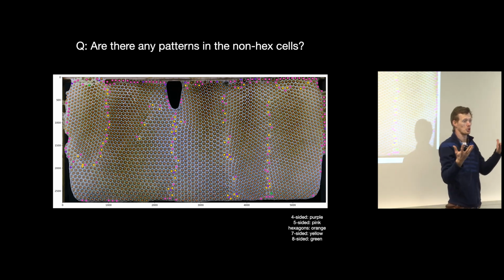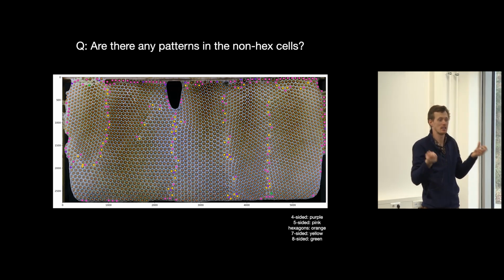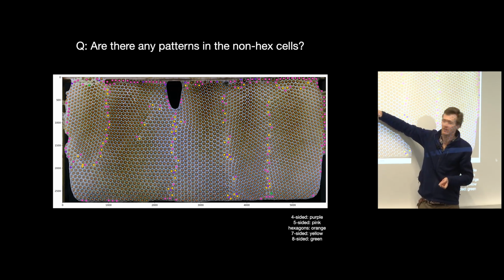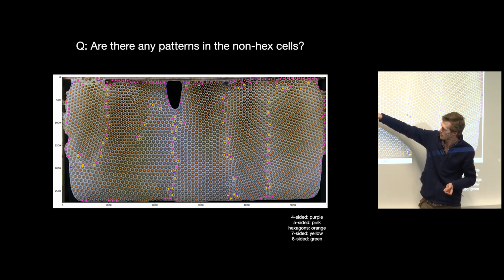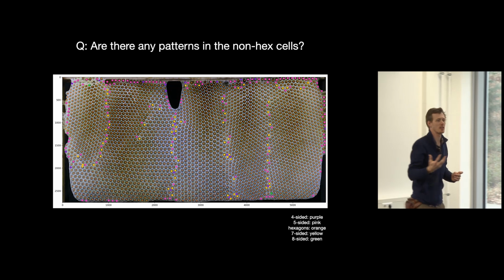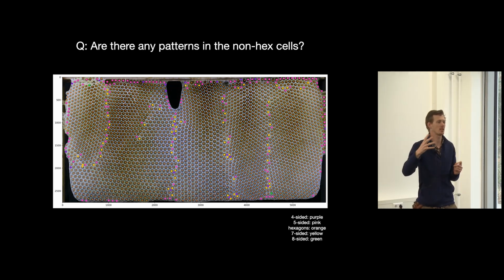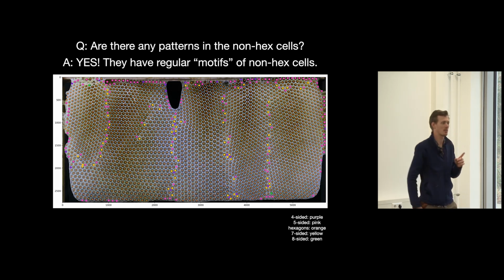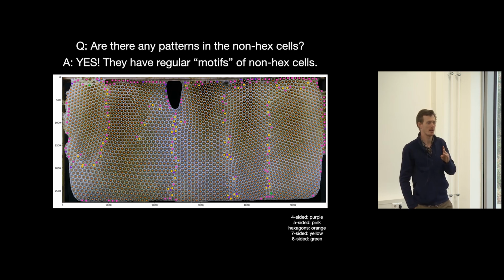And just being able to look at these, you might be able to pick out some patterns in these non-hexagonal combinations. Namely, yellow and pink, 5s and 7s are often right next to each other. Also, 7, 7, 4s, these little couplets, they're these different motifs. And what this was telling us was that the bees aren't just willy-nilly incorporating all these non-hexagonal cells. There's actually some kind of predictability in what type of non-hexagonal cells get incorporated. And that's going to become important in a second when I go wayward and abandon my true love and dabble in some other social insects.